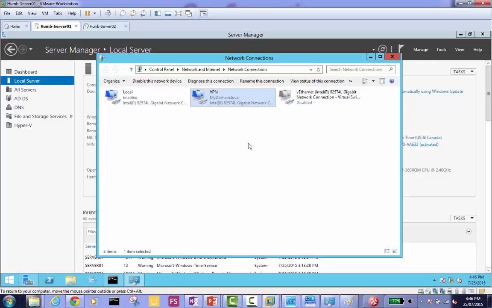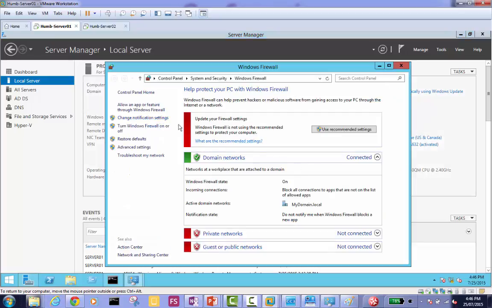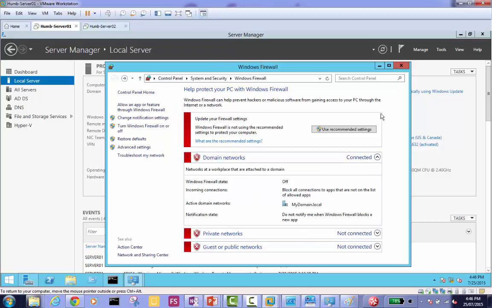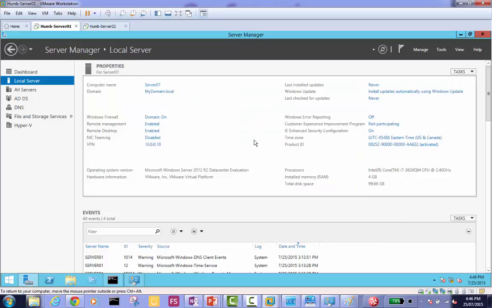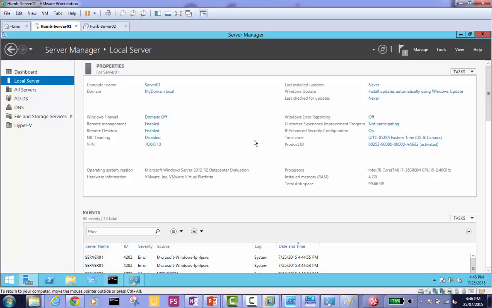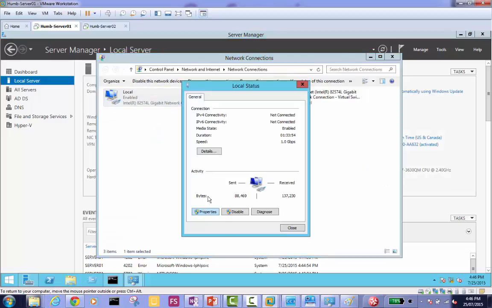Okay, let's go ahead. This was the most mucho importante step. Server manager. Oh, okay. Let me just fix my firewall as well. I need to turn off the firewall. Okay, now what you're saying is, did you press F5? It's okay. Doesn't matter. Even if it's not showing, we know that it's enabled and it's working.